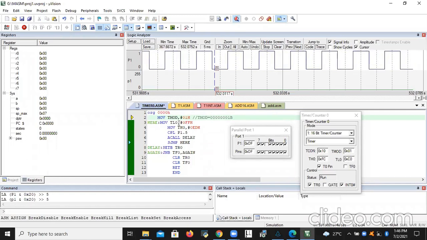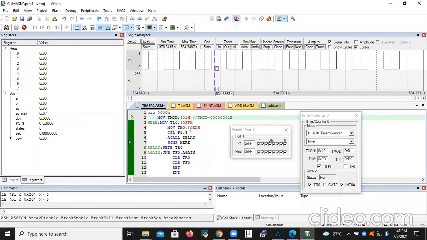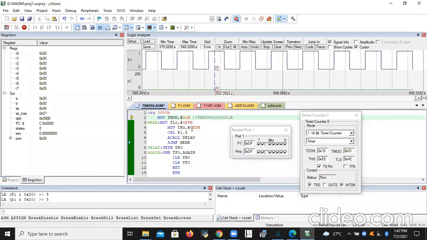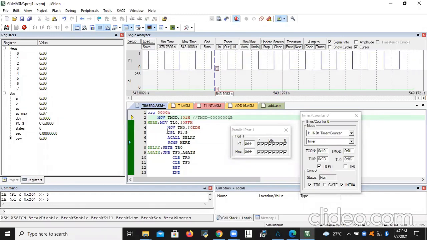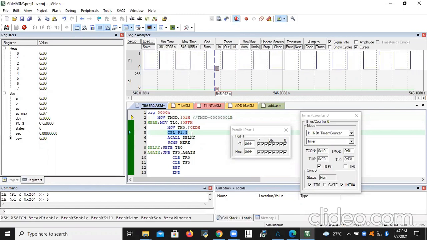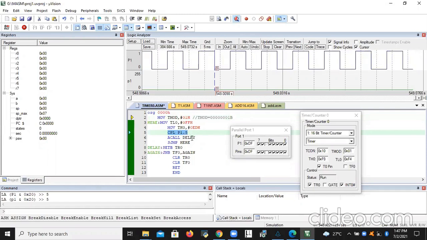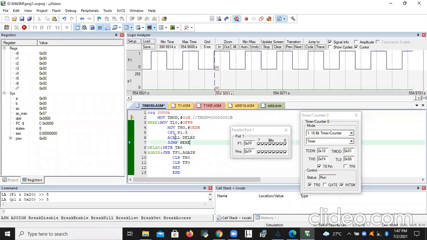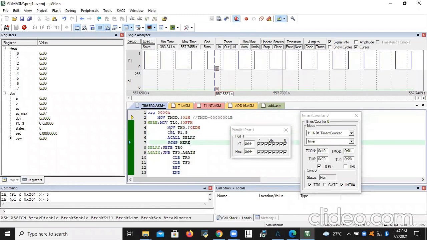You just see, I loaded some value into TL0 and some 8-bit number into TH0, and I was performing the complement operation at port 1.5. Sometimes 1, sometimes 0. Initially, by default, 0 is there at port 1.5.